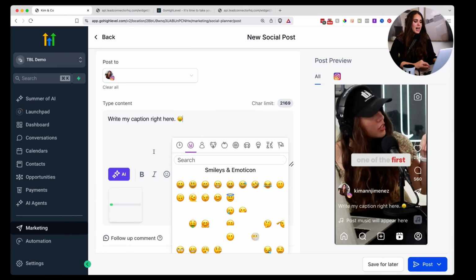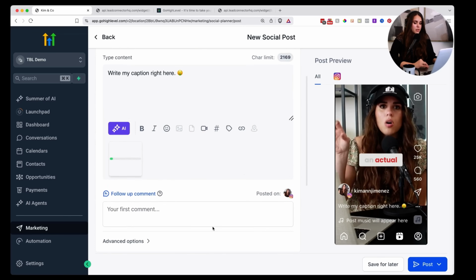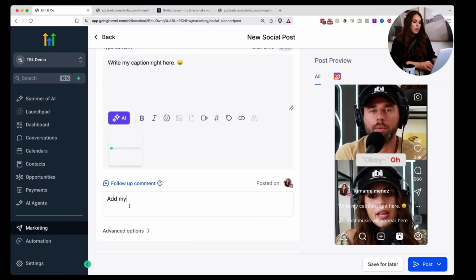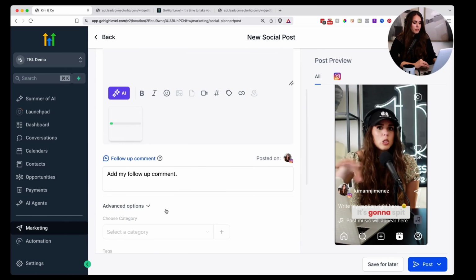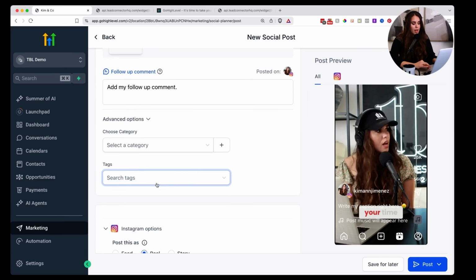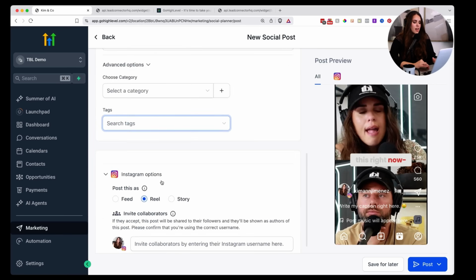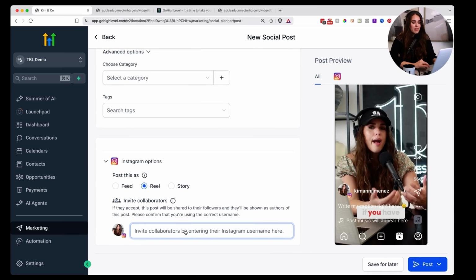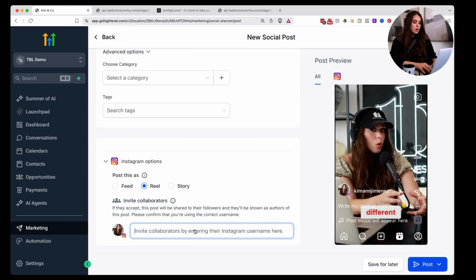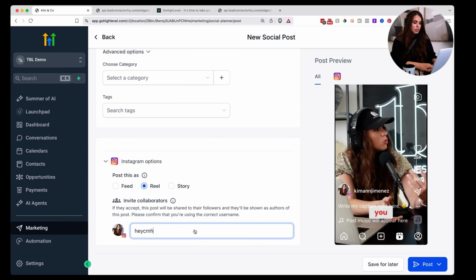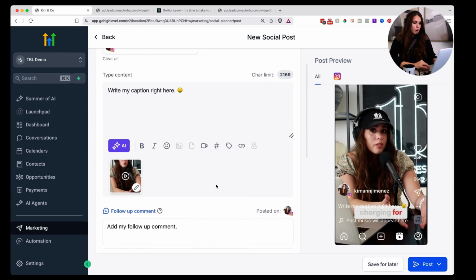And then from there, I love that it allows you to do a follow-up comment as well. So I can add my follow-up comment, boom. And there's also some advanced options here where you can select some tags so that you can easily pull this video and post it again. But for now, this is great. You can invite collaborators by entering their Instagram username here. And so I will do, hey CMH for this one, for example, because he's on this video clip from our